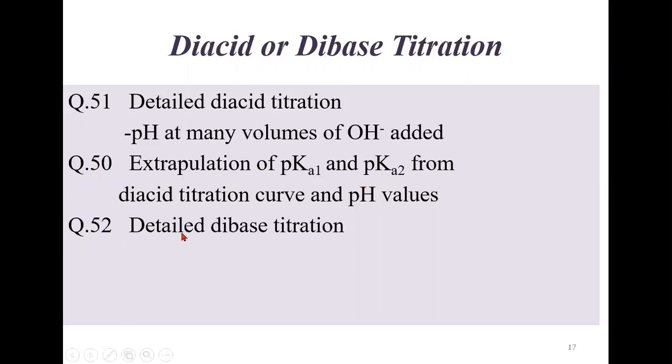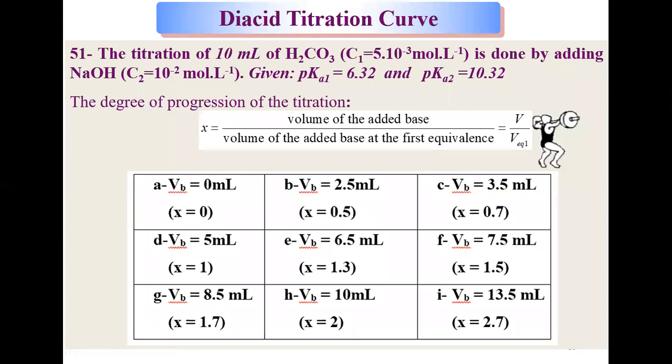Question 52, we will detail the dibase titration and look at again the pH at different volumes of acid added. The first question, this is the order I do 51 and then number 50, because 51 has a lot of detail, so 50 will go faster. So 51 says I have